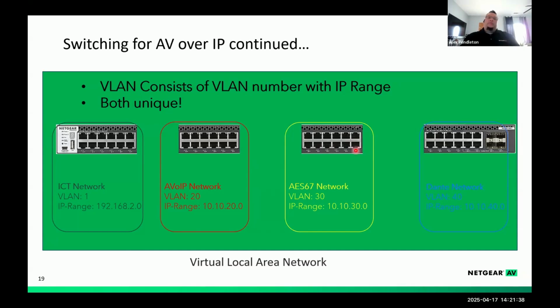Once it goes out that port, if this port is an untagged switch port or member of this VLAN, the switch will remove that VLAN addition that we added to the packet and forward it on to the endpoint. The reason we want to remove the VLAN information is because the endpoint most likely doesn't understand VLAN tagging. If it were to receive that packet with the VLAN information added, the header size would be larger than that network interface card supports, and so it will drop that traffic.